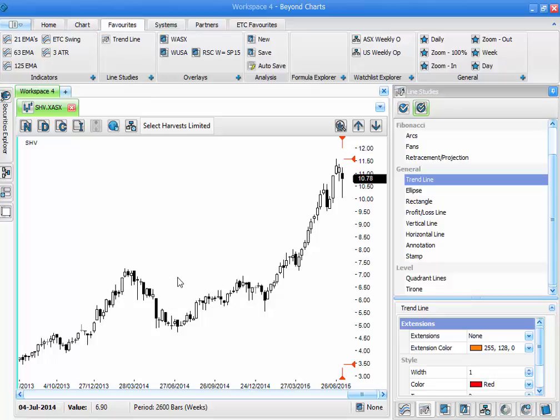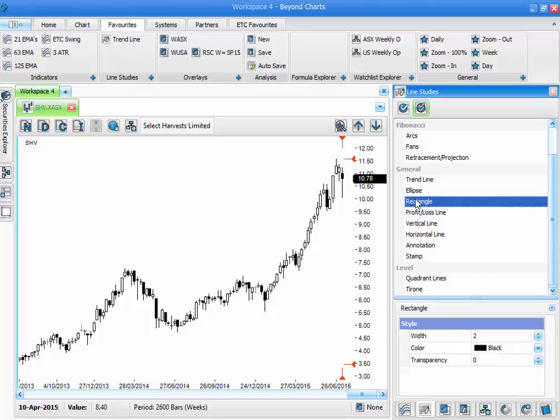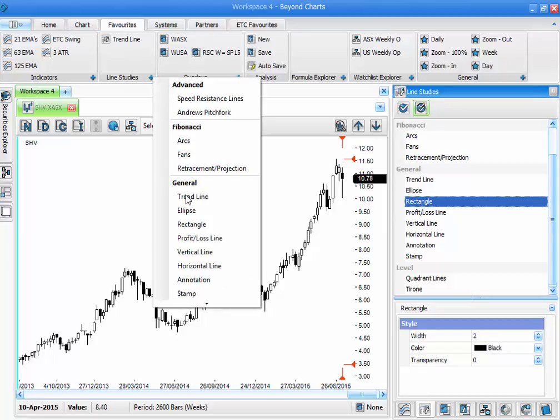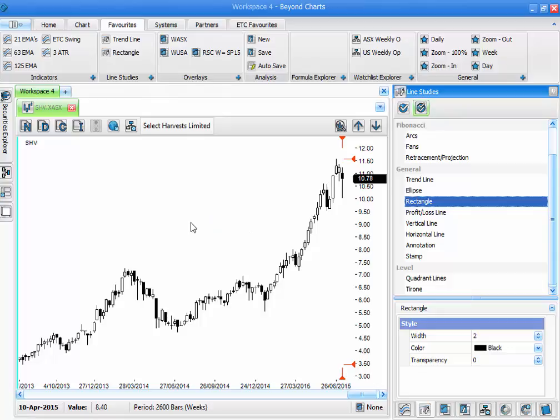list here under the line studies are certainly a rectangle. Like having a rectangle, so I'm going to pop that one in. Rectangle is useful for highlighting areas or zones within a chart. So I click on rectangle, and it might be that I wanted to draw in areas of past resistance now acting as support, as an example, or it might be that I just wanted to with the box I might